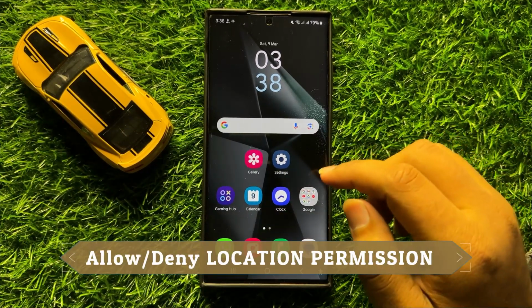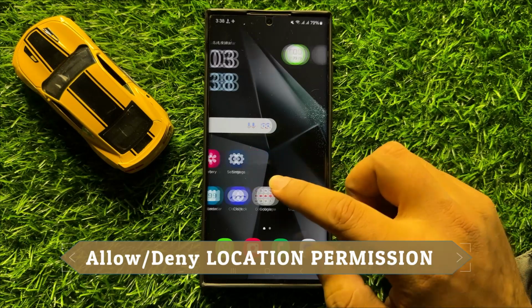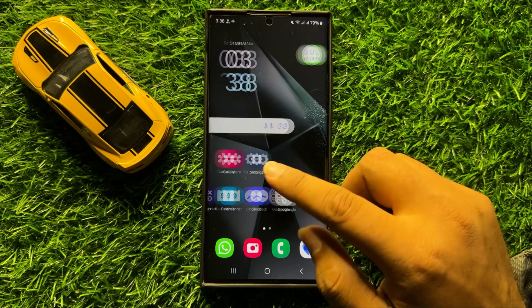Hello everyone, in this video I will show you how to allow or deny location permission in Samsung Galaxy S24